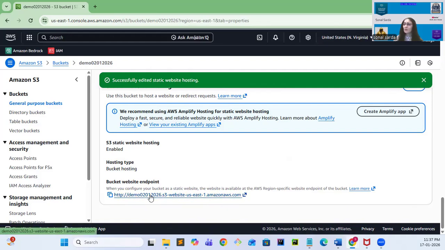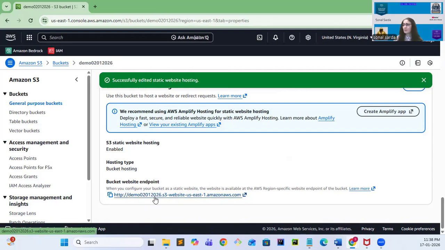But here you do not find the object name. This is a publicly reachable URL, and since it does not have the object name and the static website URL has got a bucket name, that's the reason you cannot host multiple static websites in a single bucket.